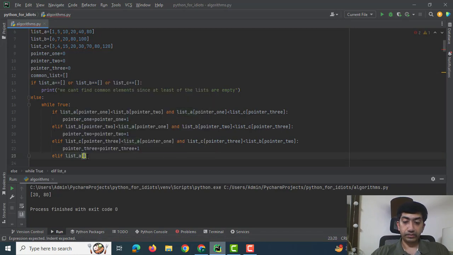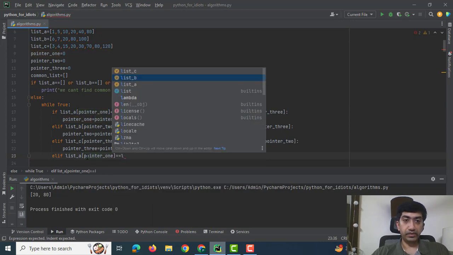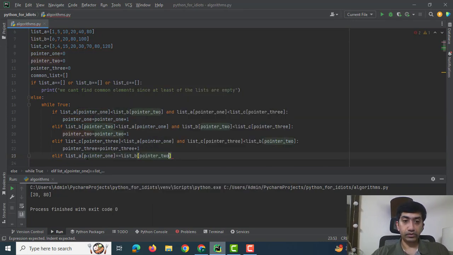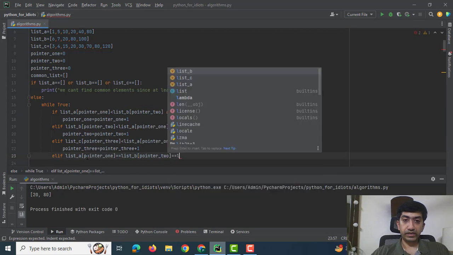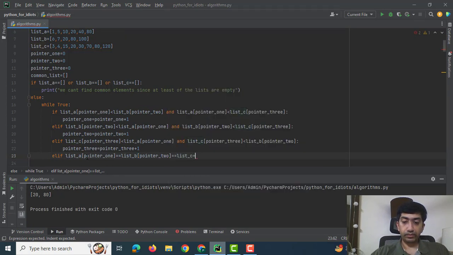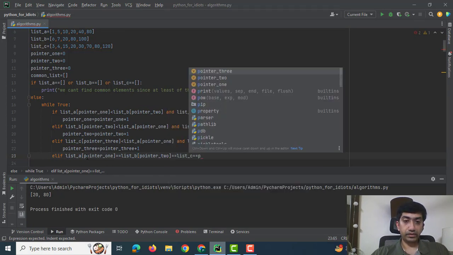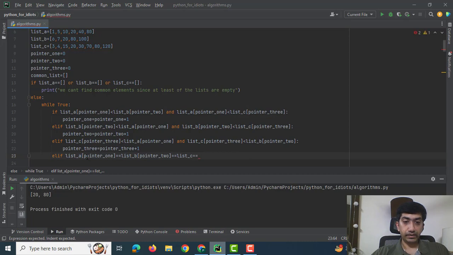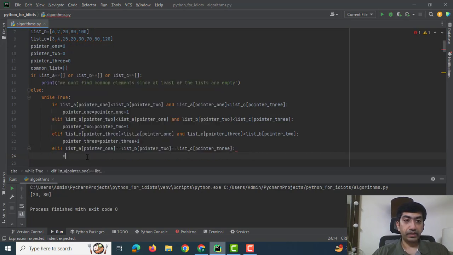List A pointer 1, list B pointer 2, list C pointer 3. And then I would append the common value to common list.